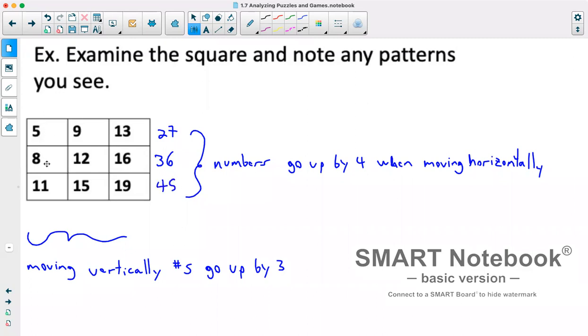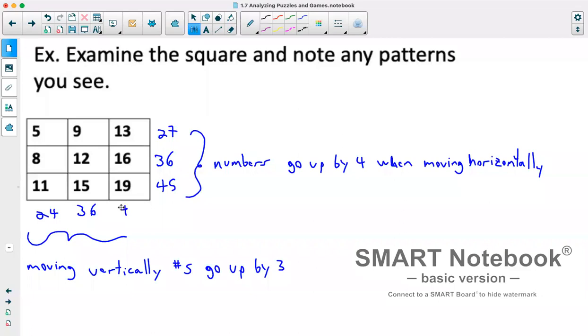5 plus 8 is 13. Plus 11 gives us 24. Then we've got 9 plus 12 is 21. Plus 15 is 36. And then we have 13 plus 16 is 29. So 13 plus 16 plus 19